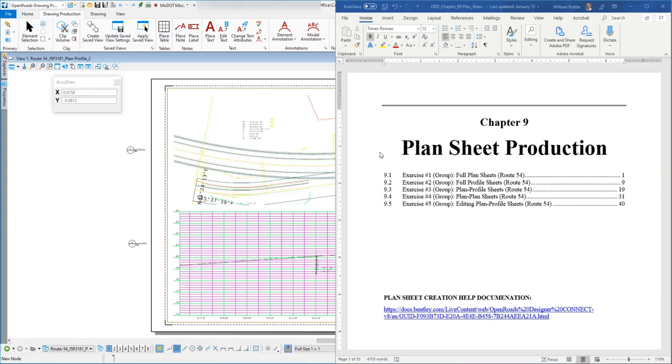Okay, this video is going to cover Chapter 9, Plan Sheet Production, 9.5, Exercise number 5, Editing Plan Profile Sheets. The editing part pertains to all the sheets, but I figured I'd do one on Plan Profile because there's a lot of stuff that we do to them. So I'm going to go ahead and navigate to that location